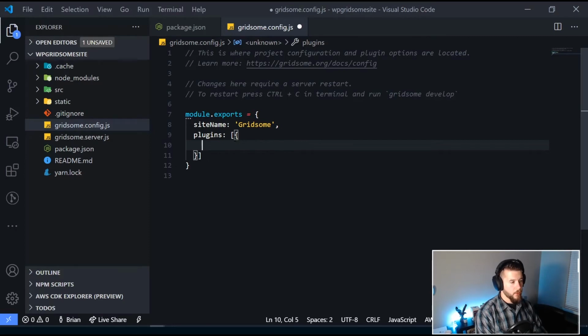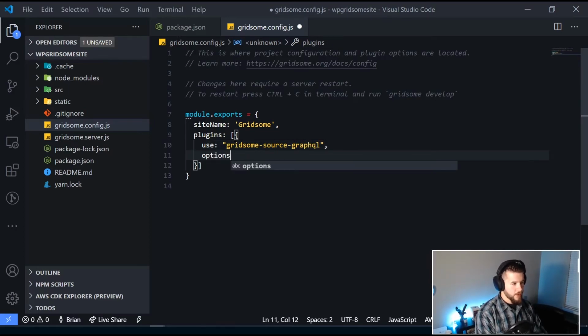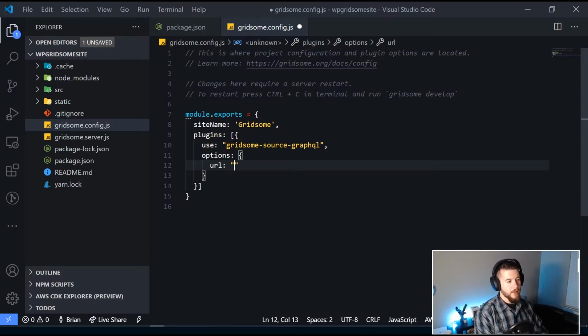We're going to open a new object there, and we're going to say use, and I'm referencing my notes over here, so it is Gridsome source GraphQL, and then we're going to add some options in here. The couple options that we do need, we need a URL, and that is going to be wherever your GraphQL endpoint is when you're working with Gridsome. So in the case of our WordPress instance, it's http://localhost:8000/graphql,